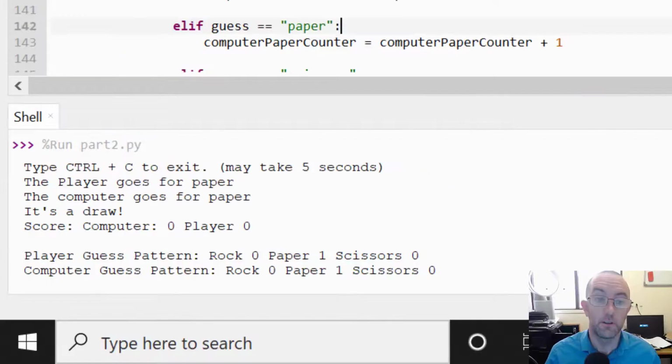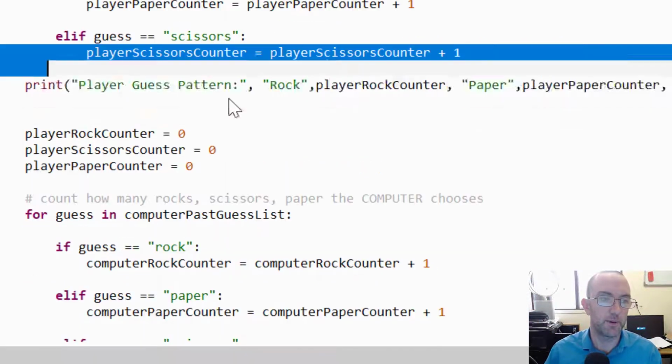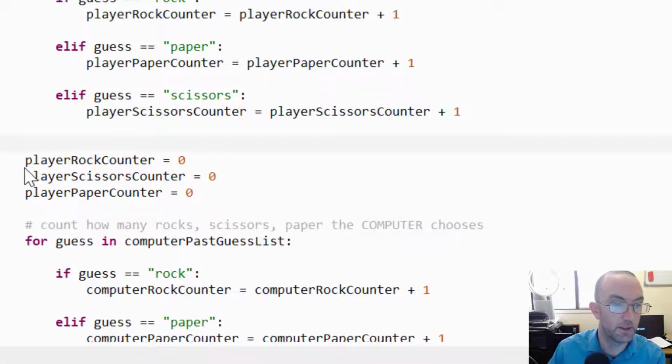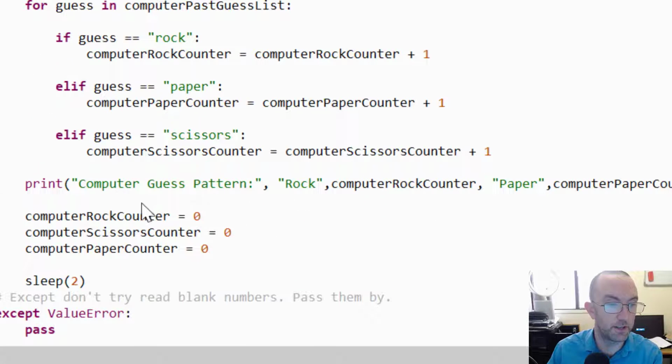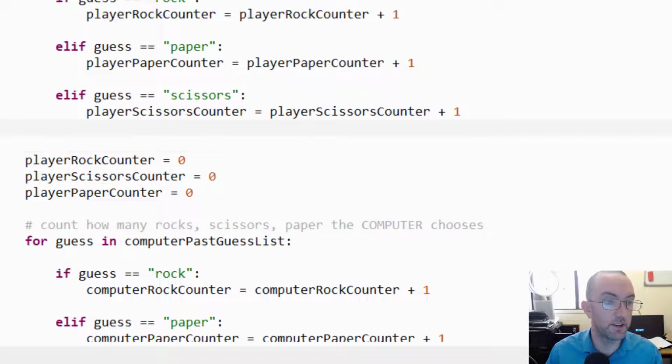There we go. Rightio, so now that it's working with totals, I'm going to move this into more of a list for a graph, because to make a bar chart of the players' guesses, like 3 for rock and maybe 5 is a bit higher in this bar chart for paper, you know, a print statement is not really what I need here. In fact, I'm going to get rid of it for that. And I'm also going to get rid of the one down here for the computer. What I'm going to put in here instead,